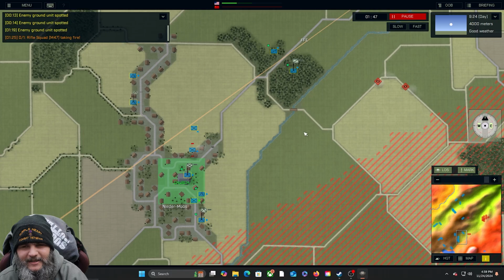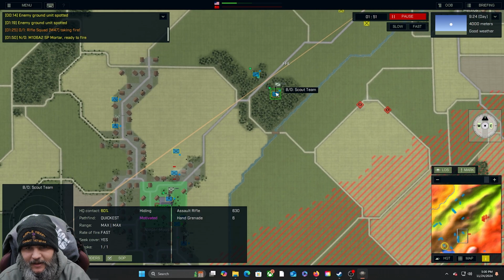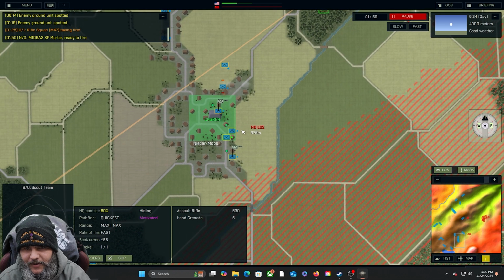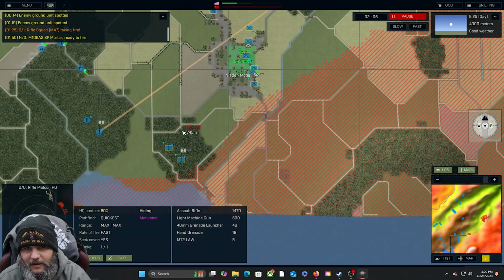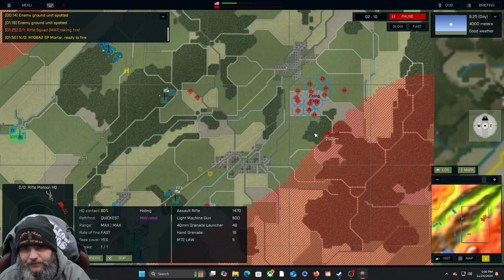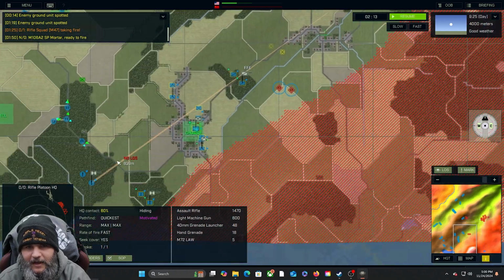Get into cover. Oh, you're taking some hits. They've only got assault rifles and hand grenades. That's not going to work for those BMPs. Come on, Law Team. How many rounds do y'all have? Just a few. Come on, tanks. I need y'all to get your asses moving. I need to...